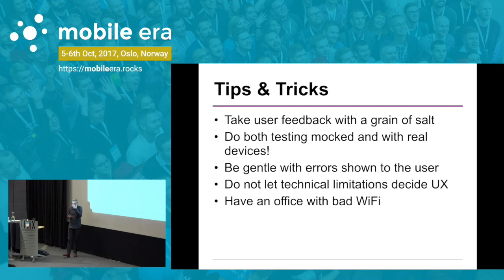And you have to be gentle with errors shown to the user. So I was mentioning I wanted to dim that light bulb to 70, and then some other person in the room dimmed it to 69. Don't show an error like "error, cannot dim to 70, new value is 69." There's a lot of stuff going wrong in IoT apps. For example, that light bulb might just go offline and online and offline and online. And you don't want to bother with error messages for that if it just happens in the middle of the night and no one cares.